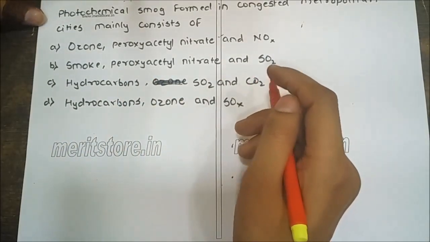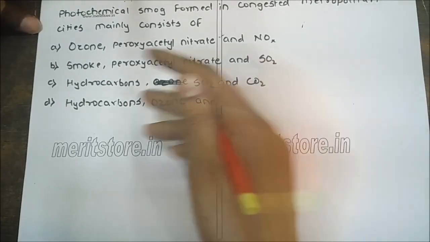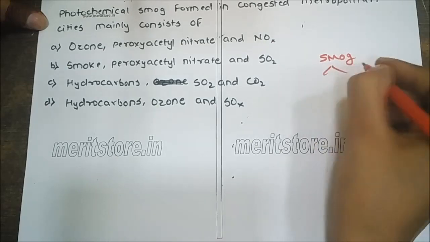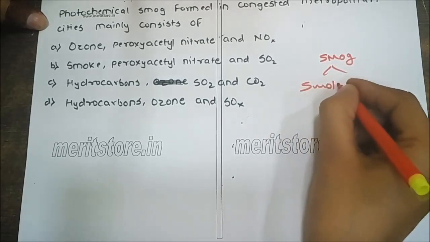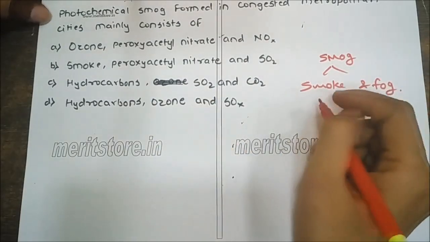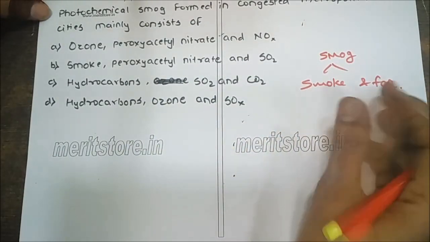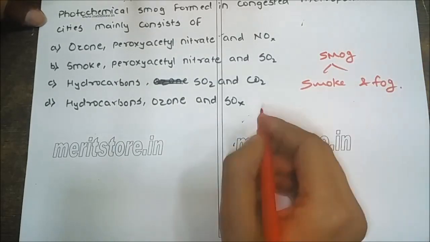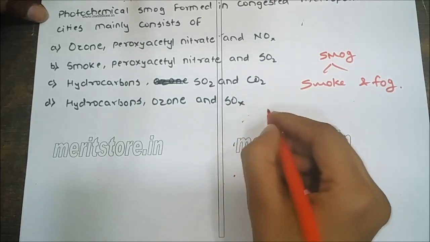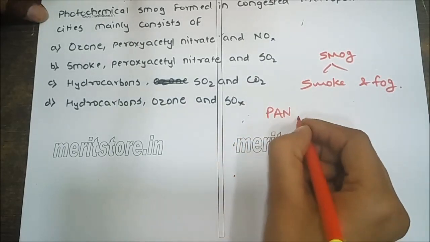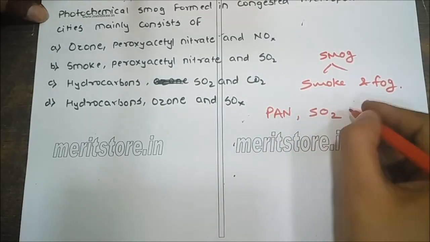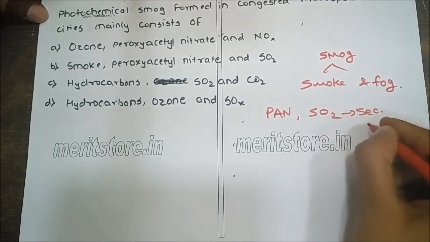The photochemical smoke, as we have read, means smoke and fog. These smoke and fog, when combined, make the smog. It is caused by peroxyacetyl nitrate, PAN, and sulfur dioxide, which are secondary pollutants,